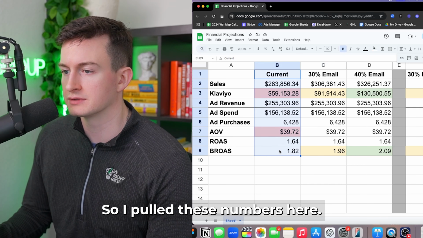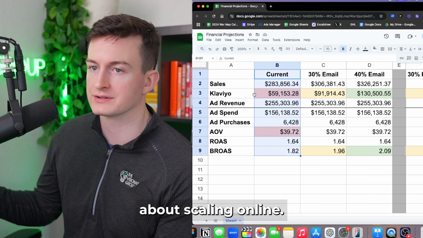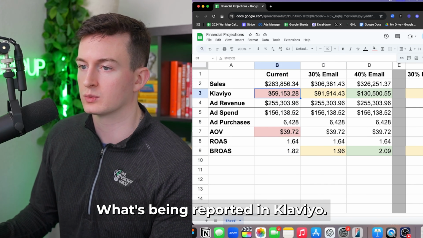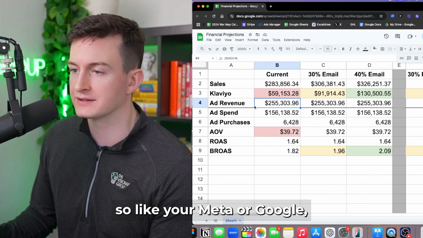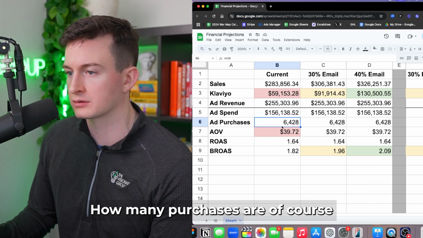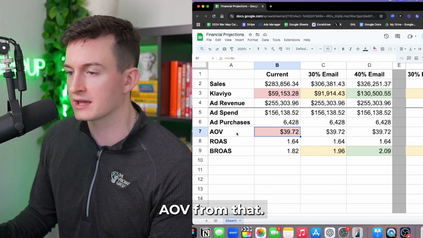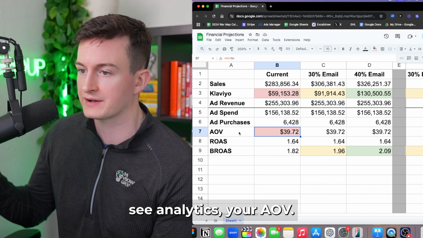So I pulled these numbers here, and this is what I look at when I'm looking at a brand and how they're going about scaling online. So you have your top line sales, what's being reported in Klaviyo, what's being reported in ads, so like your Meta or your Google. What does your ad spend look like? How many purchases are of course coming from that? I can of course get your AOV from that. Now you can also get that from your Shopify if you just log into your Shopify, see analytics,